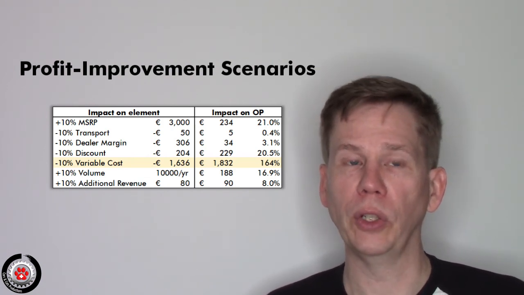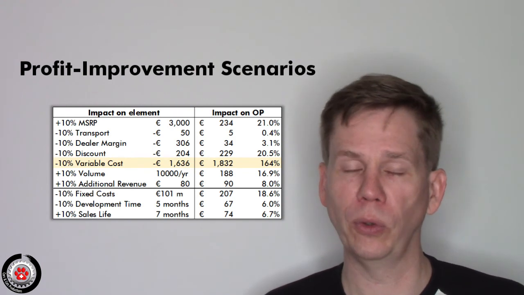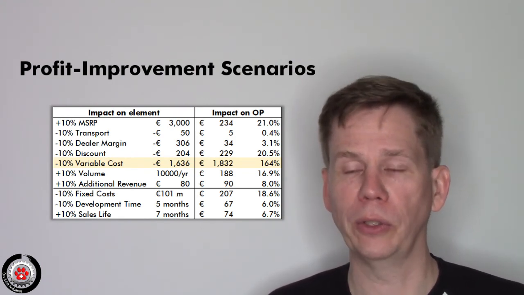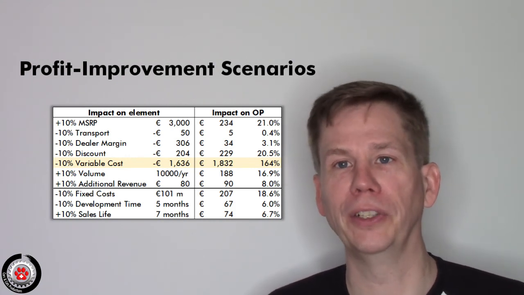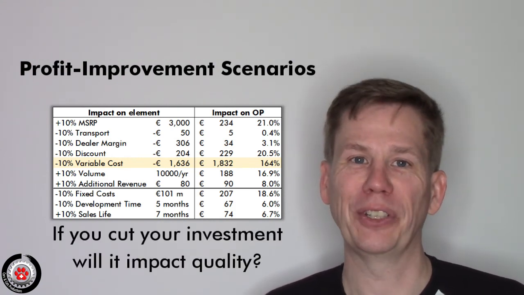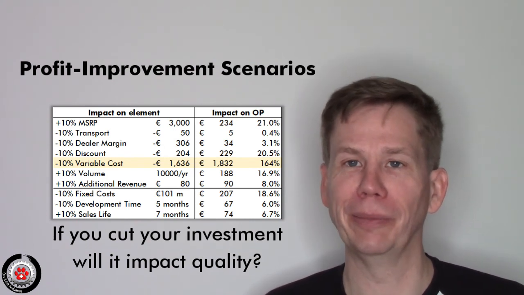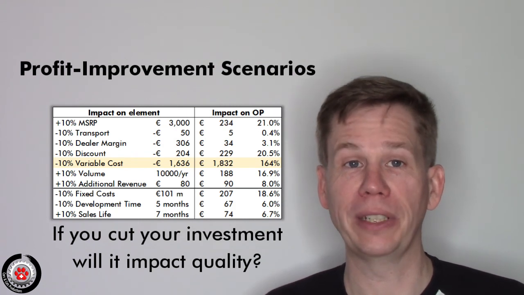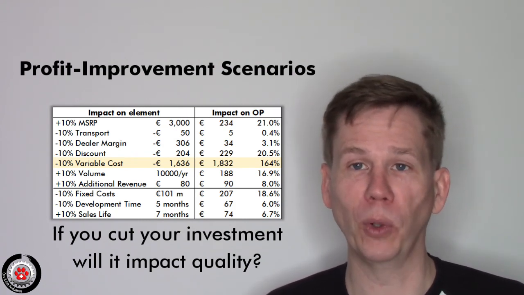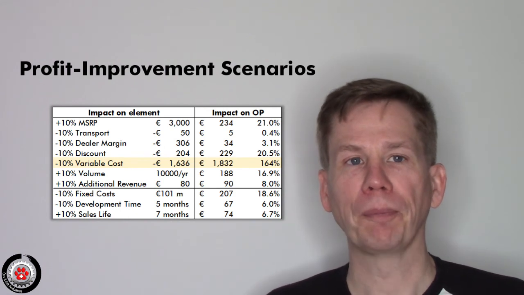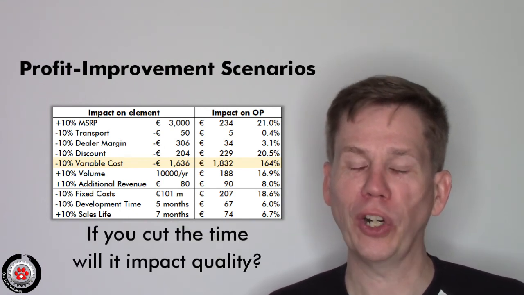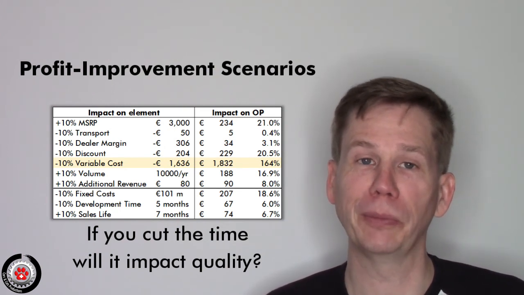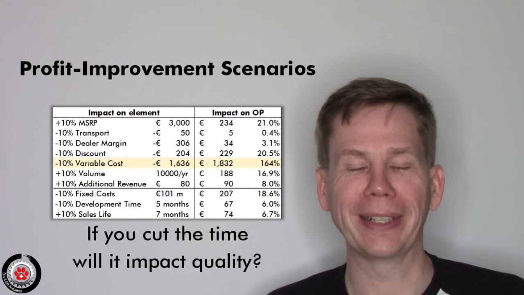But also you can look at those fixed costs as well. That was all variable items, but if you look at the fixed costs, you could reduce your investment, so try and just cut your marketing budget or cut your engineering budget. It doesn't have a huge impact, to be honest. It's about the same as adjusting your price by 10%, but it's a big amount of investment, so maybe that's important for cash flow. You can try and crush your lead time down, so reduce the amount of time your engineers and your marketing people are working up front. Doesn't have a huge impact again in our case,